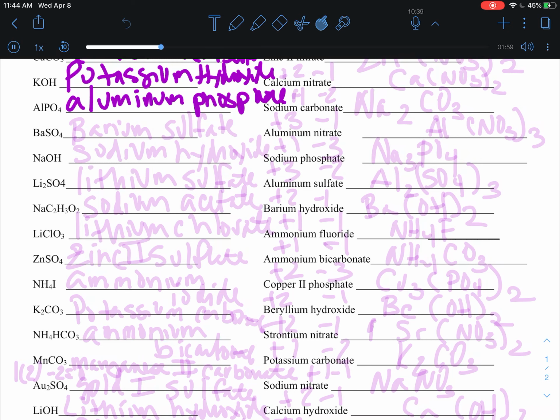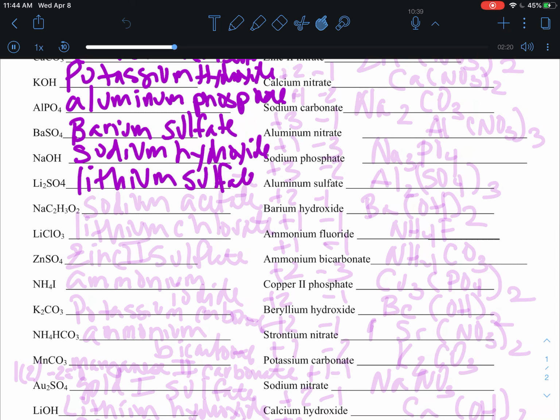Let me scroll up here. Barium sulfate, sodium hydroxide, lithium sulfate, sodium acetate, lithium chlorate,